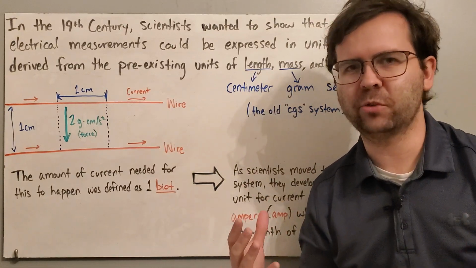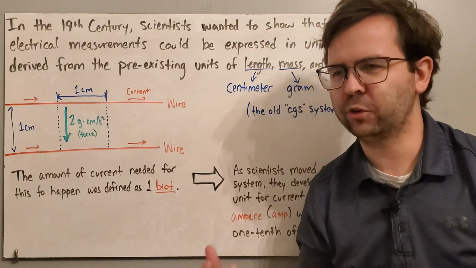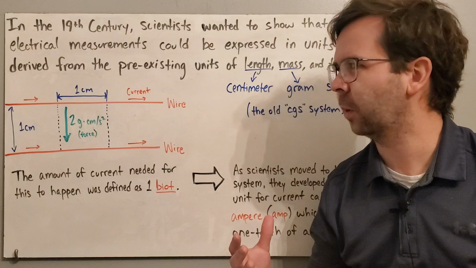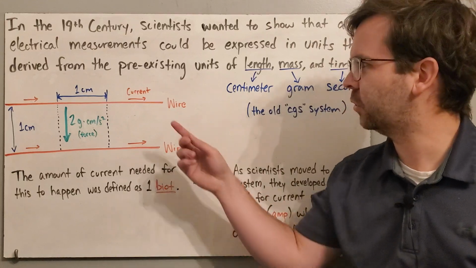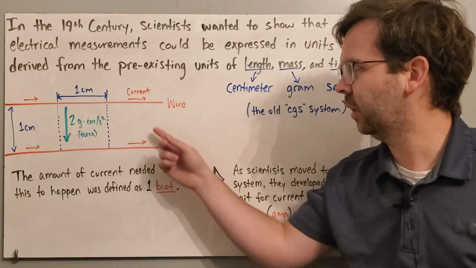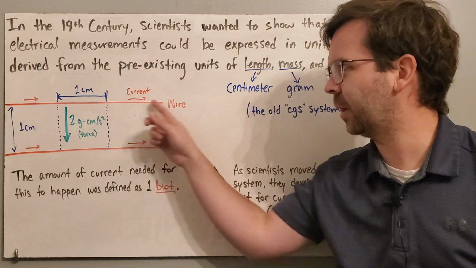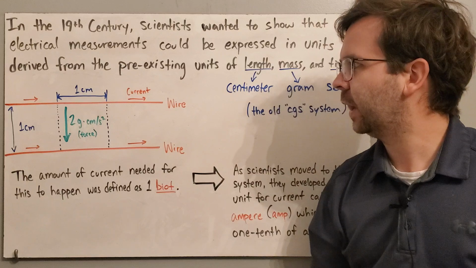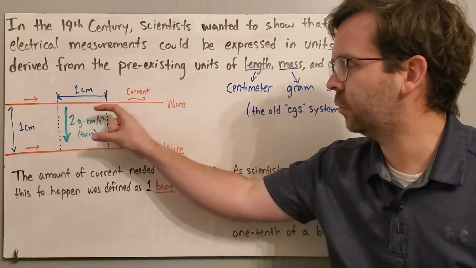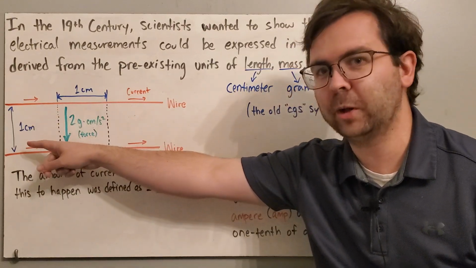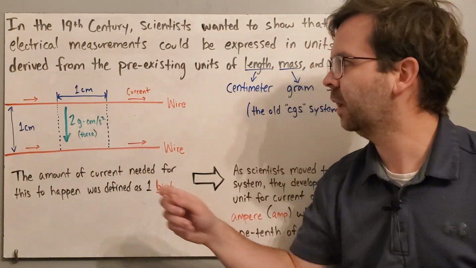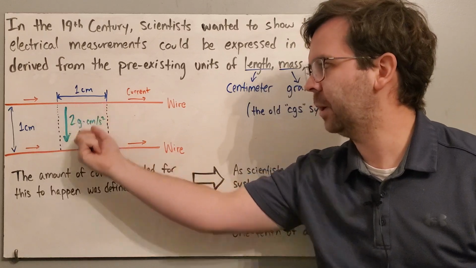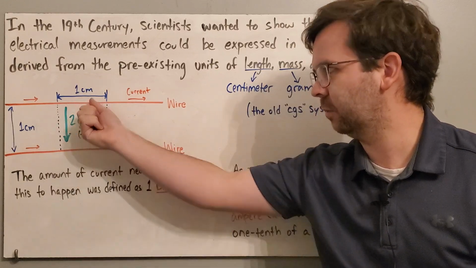So how do you measure it? Like what do you turn to? And so the kind of agreed upon consensus that formed was, let's say you took two wires like this and you passed identical amounts of current through the wires, so electricity flowing through the wires. And if you place these two wires parallel to each other and place them 1 centimeter apart, going back to our centimeters, and you took a 1 centimeter section of that wire and measured the force exerted from one